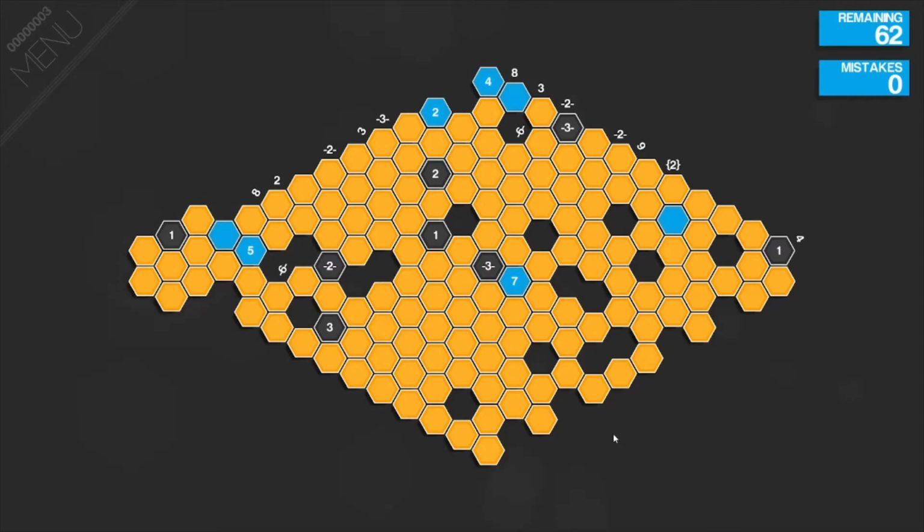I was stuck on this puzzle for quite some time and just for the life of me could not figure it out. And I was a little bit ashamed because we're only on puzzle number 3 and didn't really get too far. So, without further ado, what I'm going to do here is go through this puzzle as normal, get